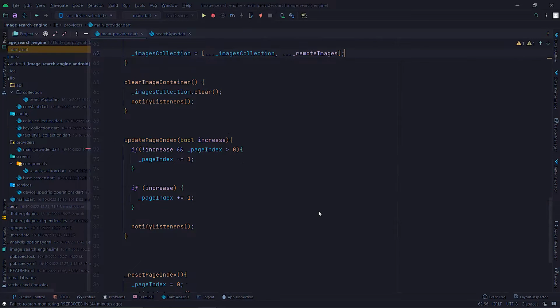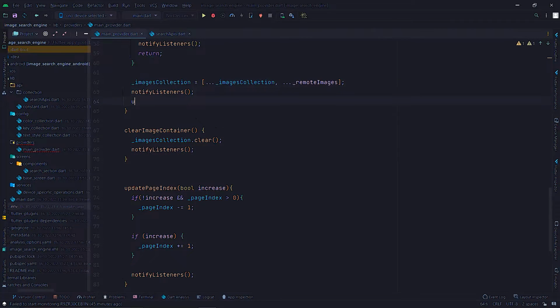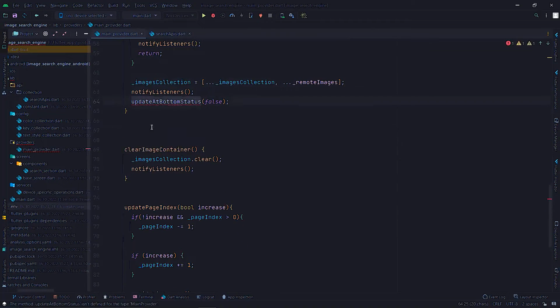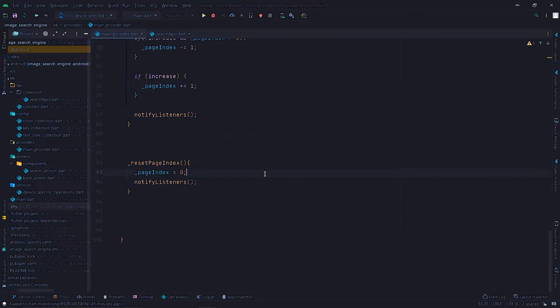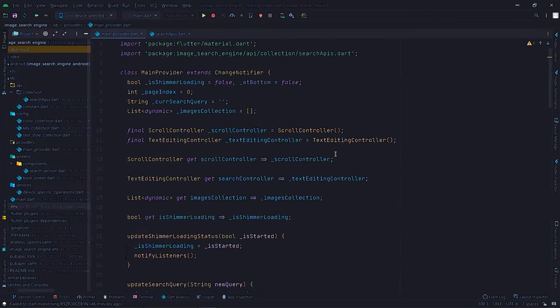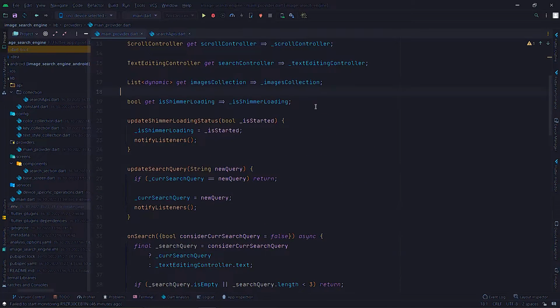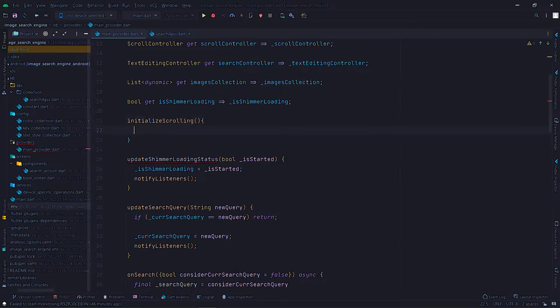And if the new images come under the image container, that means the bottom is going below. So what we can do, we make a new method. Now we are only left with the scrolling part as well. So what we can do, format the code at first, come here. We can do that thing here as well. So what we can do, initialize scrolling, because we have to initialize the scrolling also. So what we can do here,